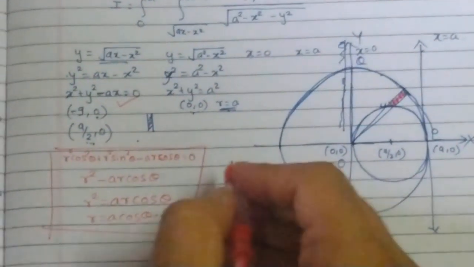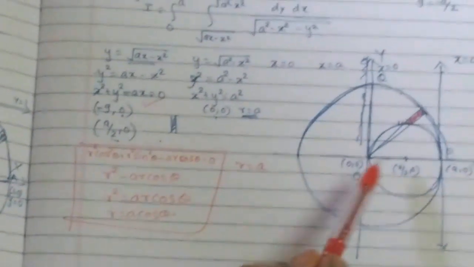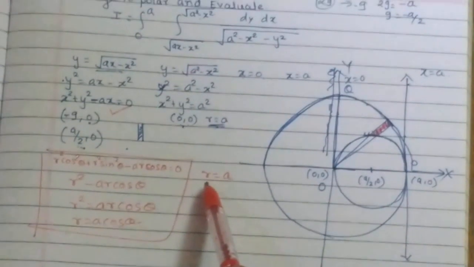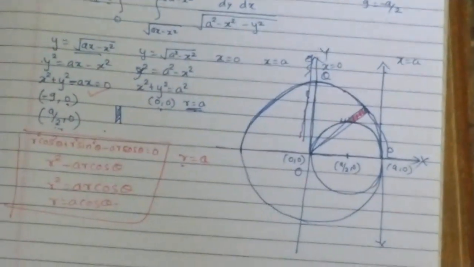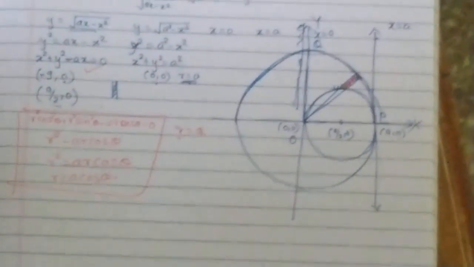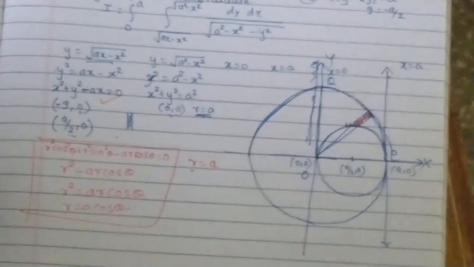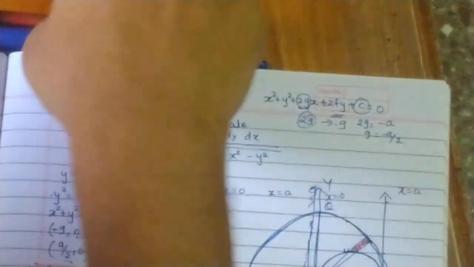Now for this one, x square plus y square is equal to a square. Its polar equation is very simple: r is equal to a. Whenever the circle has its center at the origin, you can directly write its polar equation as r equal to the radius. Here a is the radius, so r equal to a is the polar equation. I hope this idea is clear. Any doubt with this? Okay, now I will move to the next point. Next, we have to work out the limits of the integrals. To work out the limits of the integral, consider the radial strip.